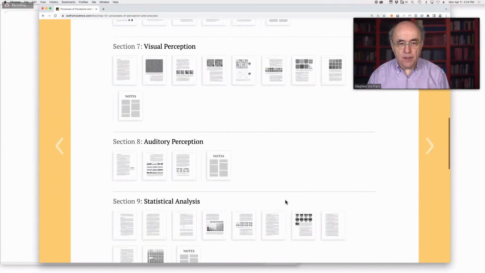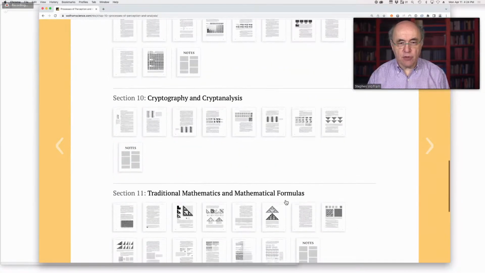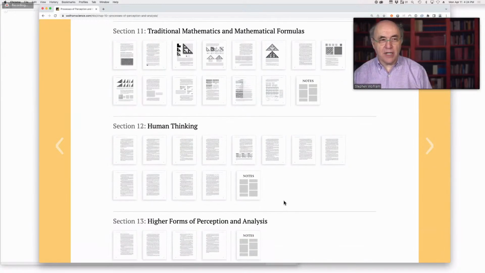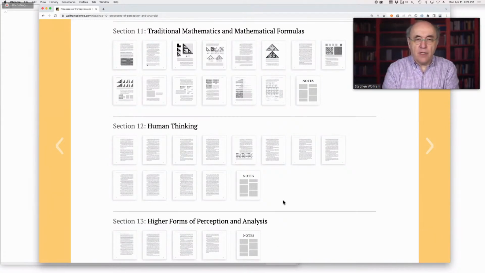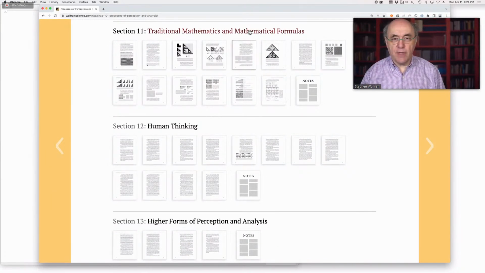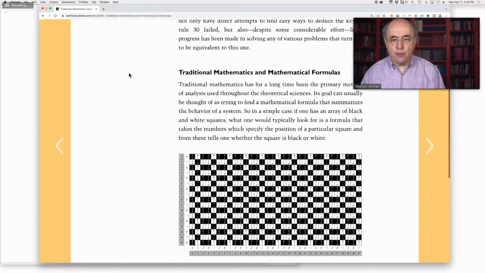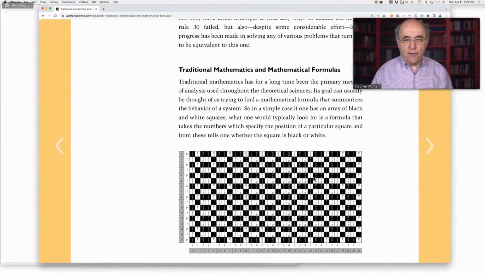Okay. Well, second to last section here is about traditional mathematics and mathematical formulas. Oh, actually, no, we've got three more sections here. This is actually a section that I've referred to many times. This is a section about kind of, well, what can math do? If you just want to say mathematically, what is the color of a particular cell? That's sort of the tradition of a lot of natural science, is to say, give me a formula for what's going to happen. Okay, so can we give a formula for what the color of a particular cell in the